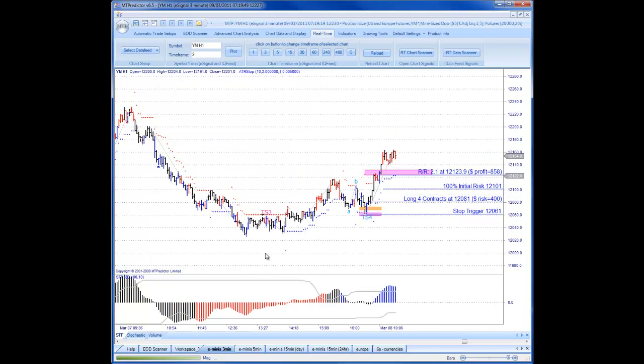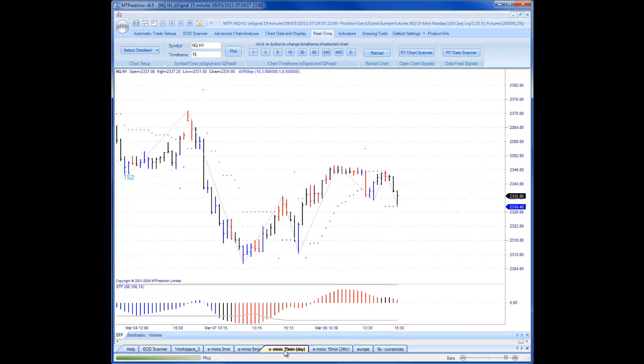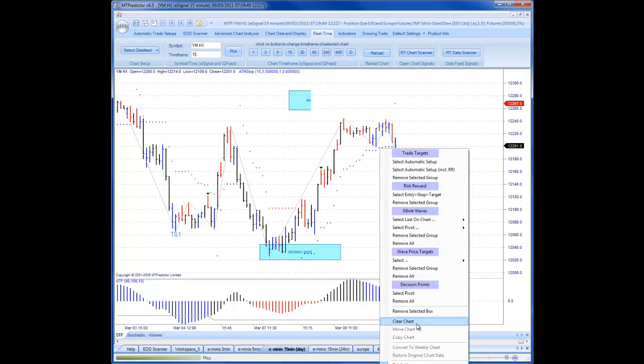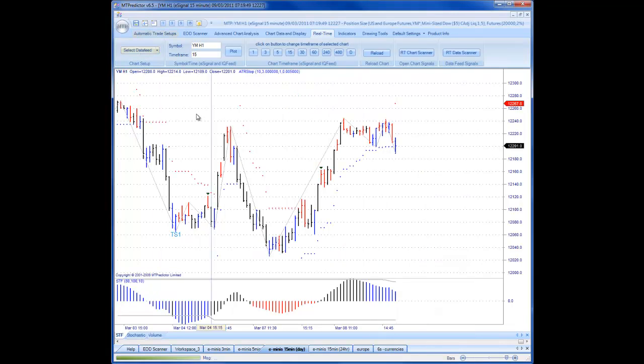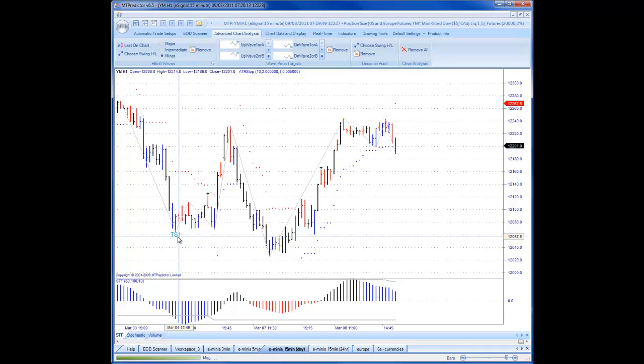Well, let's go back and have a look at this low here. That was the low of the previous day, i.e. March the 7th on the 15-minute chart. Again, this is how we get the larger degree support or resistance zones. I'll just clear the chart off. And this low here, you can see, is the low I'm talking about on March the 7th. So let's put the decision point on from the previous low here, and we can see that this gave us good support, so that YM was rallying off good support into this high,